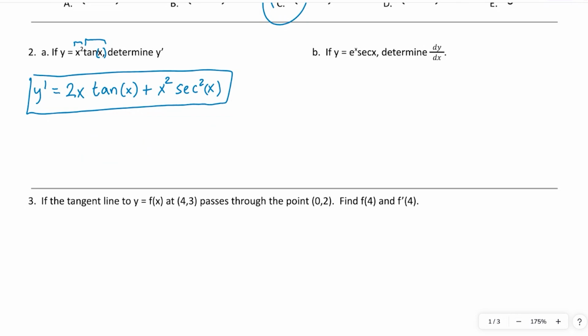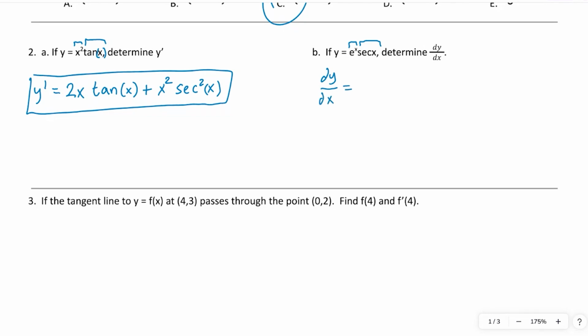Okay, 2b is very similar here. We've got a product of two functions, both transcendental, by the way. The previous one had an algebraic and a transcendental, and here we've got two transcendentals. So dy dx, which is just another way of saying y prime,